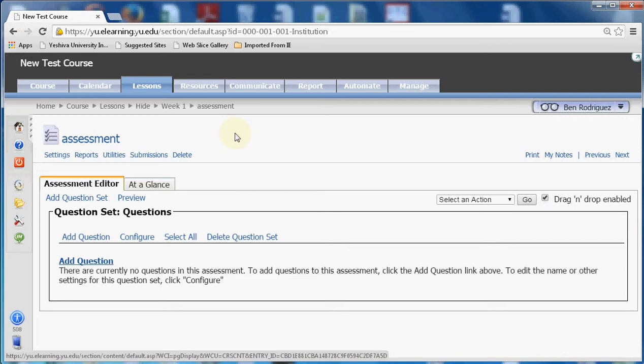So what I'm going to do first is go into the equation editor and try to write an equation, and I'm just going to show you the type of error that pops up when Java and the browser aren't configured properly. By the way, I'm in an assessment right now, and I'm going to add a question to the assessment, and within the add question module, that's where we're going to see the